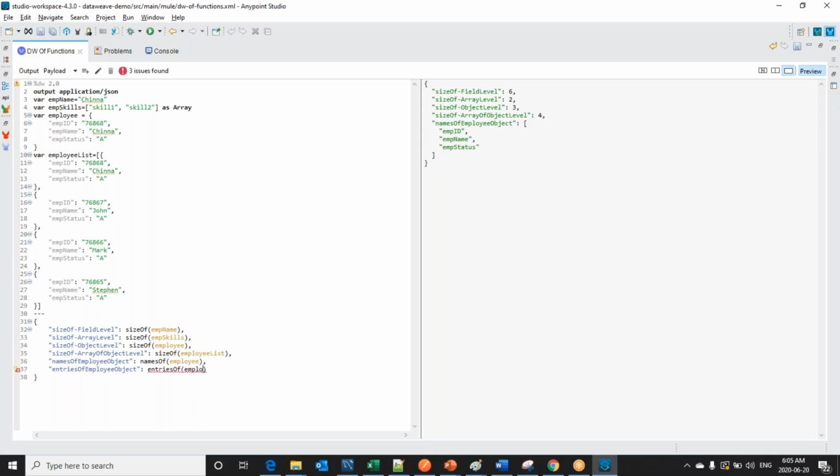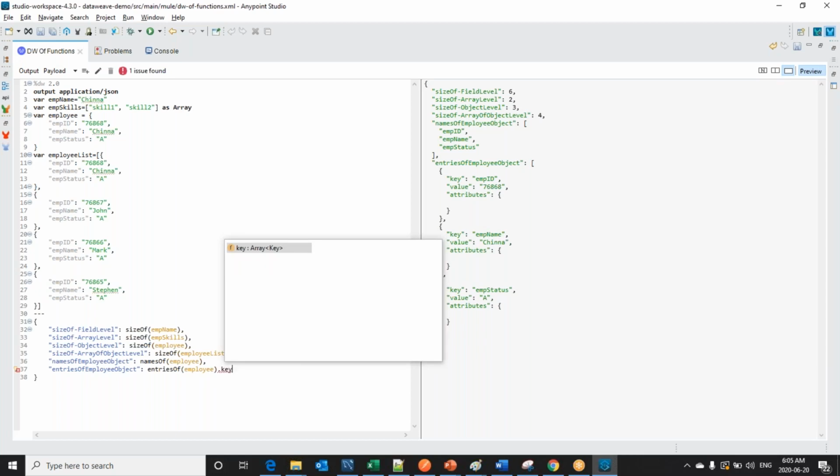It will give us the key, value, and attribute. Now we see we have keys, employee ID, value, this key, EMP name, value, and key, EMP status, and value.